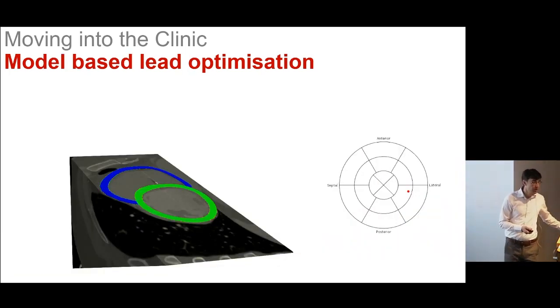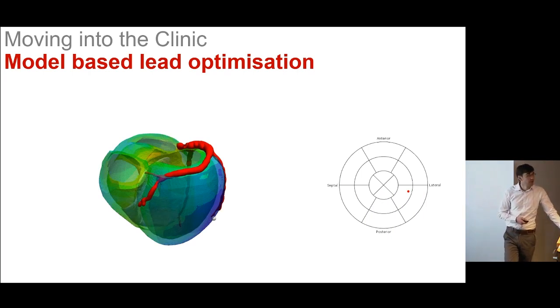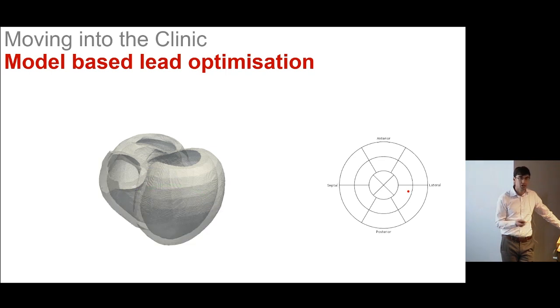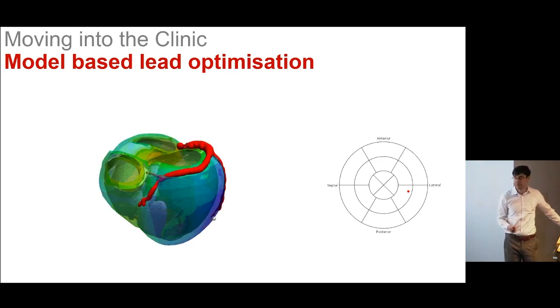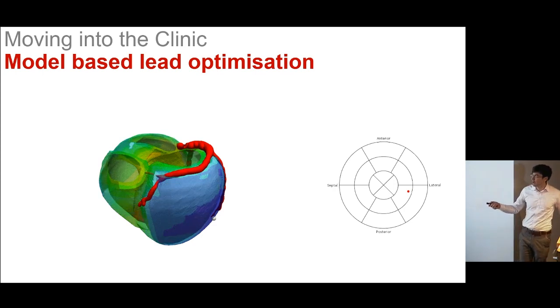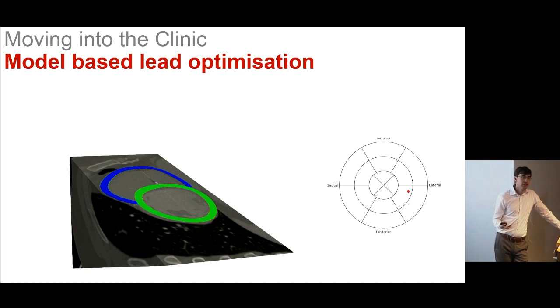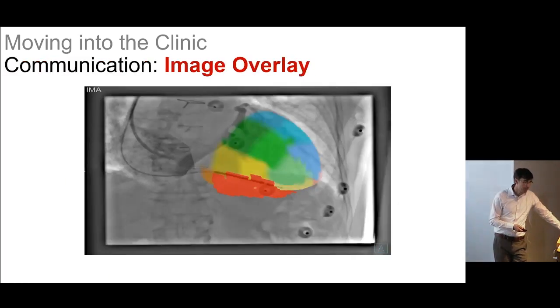But we can also use our rule-based method to generate very rapidly, this takes about half an hour, a model of the patient's electrophysiology, where we can then simulate what the electrical activation pattern will be in these patients. We can then go through and simulate all the different possible activation regions they could have for the AHA segments, identify which one of those is going to cause the most synchronous activation, and then point that out to the cardiologist on the AHA map. So we have two ways of identifying where we might want to pace the heart based on the AHA map,